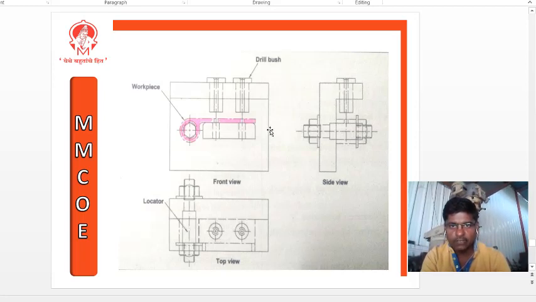As you can see, this is the plate which is having a previously drilled hole. So this drill can be passed through this bush, and the material or scrap, or you can say burr, can be moved directly to the downside. This is one type of drilling jig. As you can see, there are a number of types of jigs. So by using any type of jig, or by combining some advantages of various jigs, we can build another jig for this type of job. Now this is for drilling.